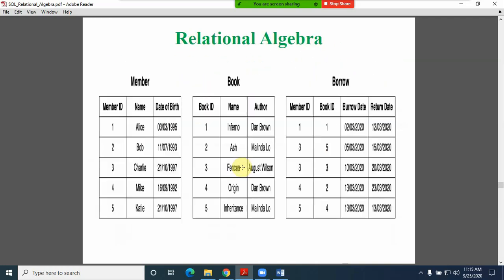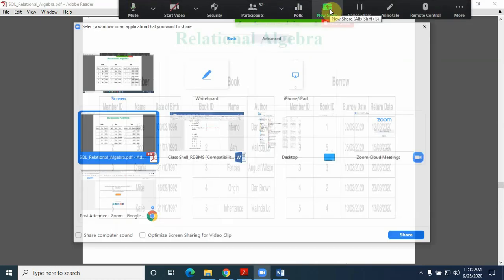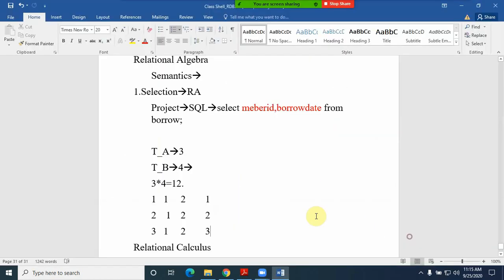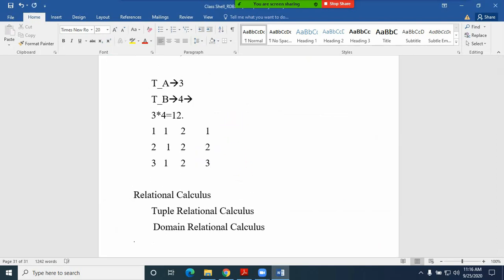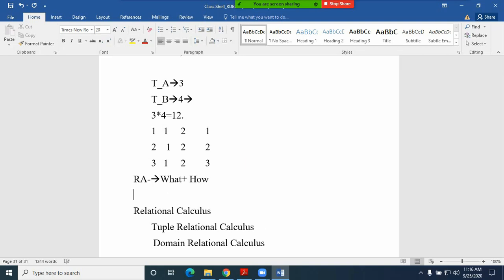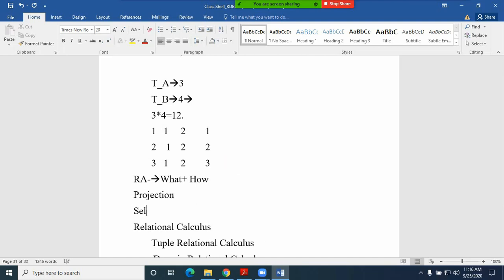Please let me know. So let me summarize the relational algebra. Meantime, while I am waiting for any doubts from you, relational algebra, RA, we need to mention what exactly and how to perform that. Both the things you have to mention. And starting from projection, we are having selection, and thereafter, friends, natural join, conditional join,